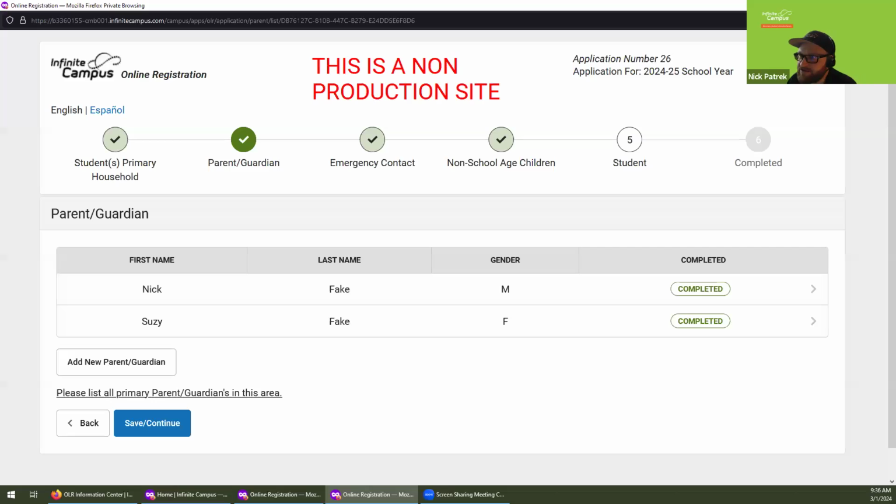And Shelby had asked, I think, a similar question. In regards to parent info, when they are split households, not on good terms, if the primary parent only enters their information, can the other parent go in and add contact information, or will the school staff need to make those updates? Yep. So Shelby, we have something called the portal self-service, where once that parent has a parent portal account,